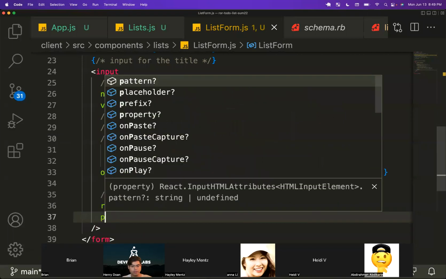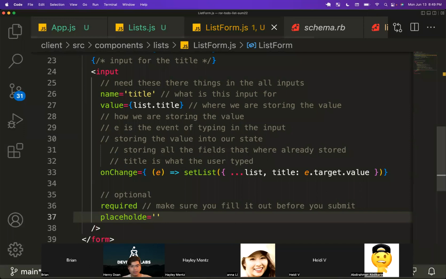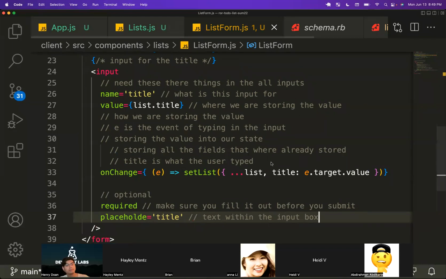And then the other one is the placeholder, which is what text it will show within the input. So that would just say title. So, text within the input box. Go ahead, Brian. So the required there, that's just to make sure that the submit button can't be pushed without it,